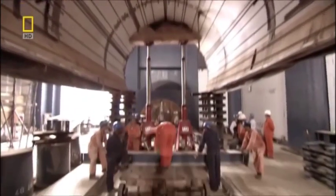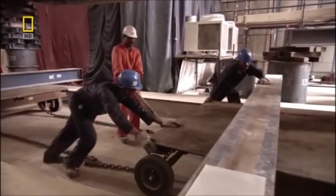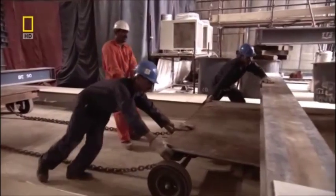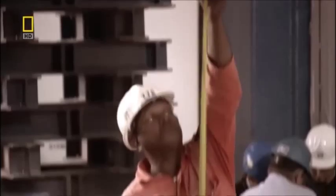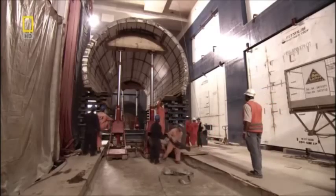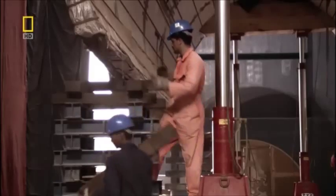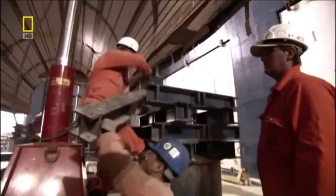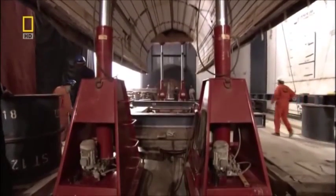The next day, after a night of head scratching, they've come up with a new idea to move the aquarium tunnel into place. In theory, the plan should work. The measurements add up. So they spread the load, and the tunnel is now balanced across 2 separate jacks. The supports come down piece by piece, and slowly the tunnel inches downwards. But just when they think the plan is working,